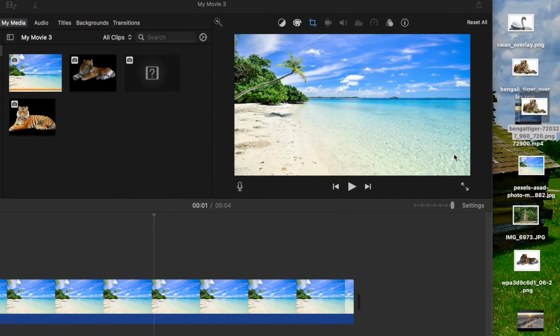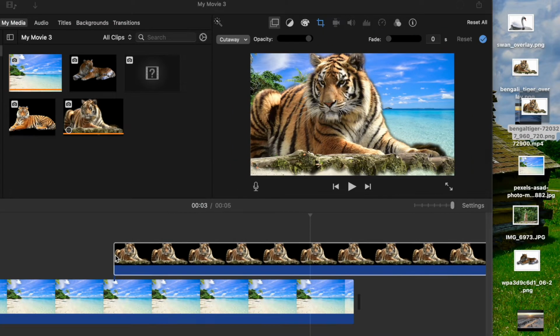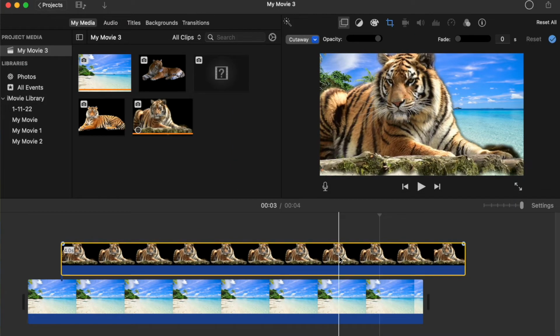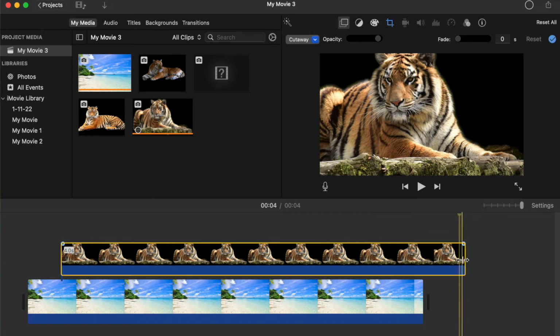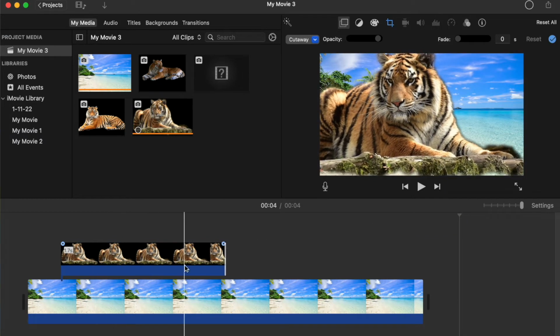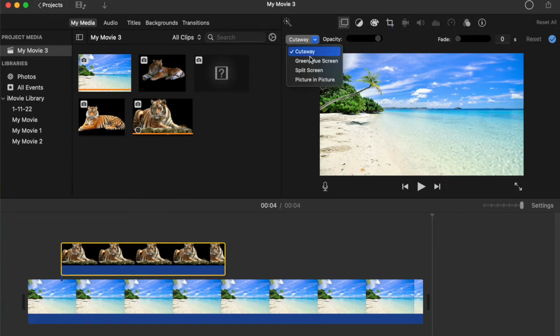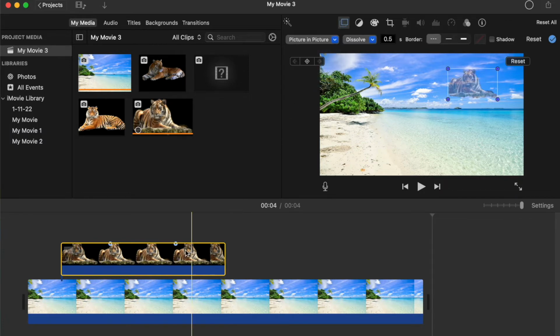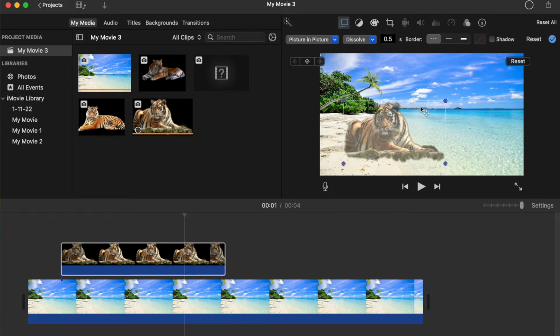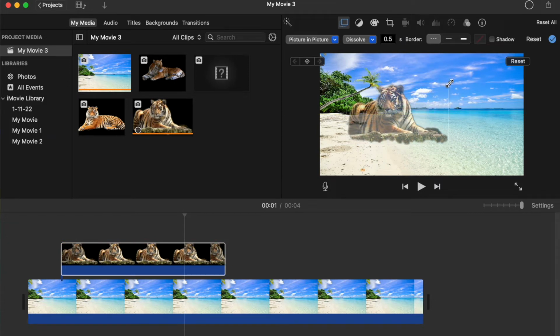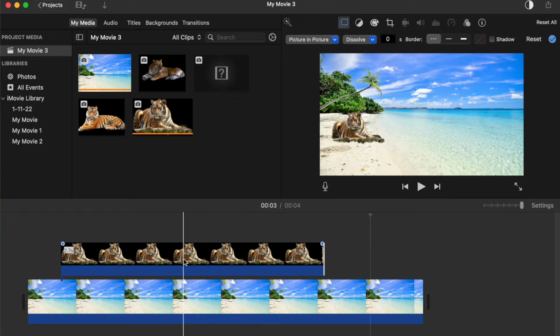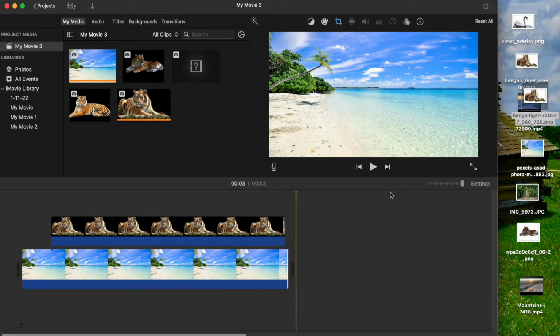Let's go out of here. And then we just drag this on. So it's a little long, and I think it's also weird that it zooms in. So as I showed you earlier, just do fit for overlays. It should be just fine. And then go to picture in picture. This makes it easy for you to adjust this and make it look how you want. This looks fairly in place. So if we have our tiger